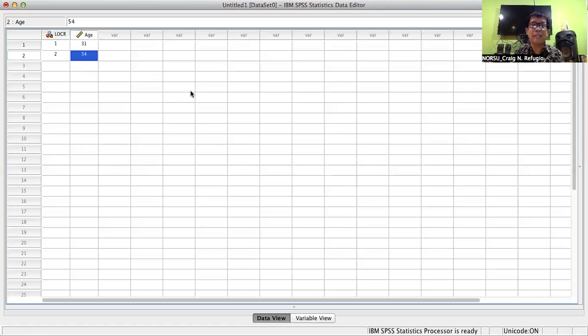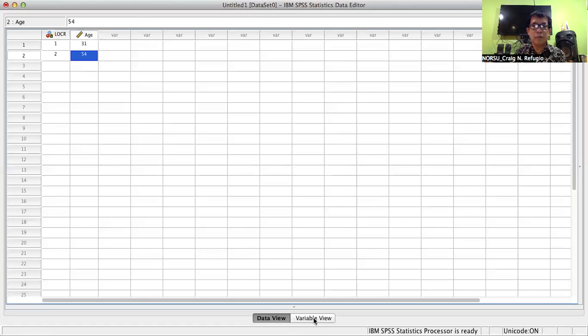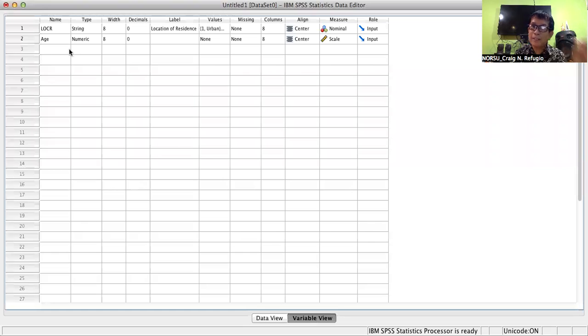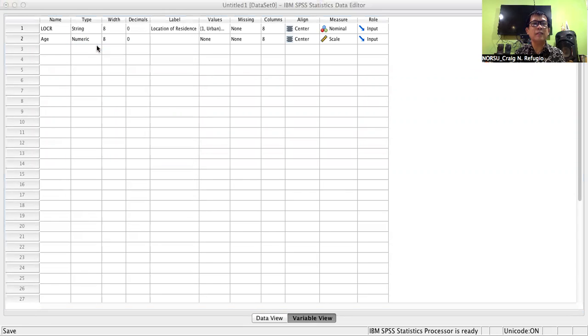And then we have variable view. Do not forget that once you start encoding, whether in the variable view or in the data view, and going back to the variable view, you have started encoding the name, don't forget to save. So save that one. So when you save, there's the title. So you can have here start